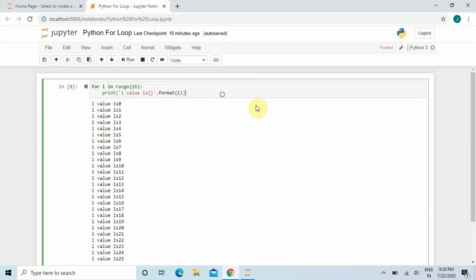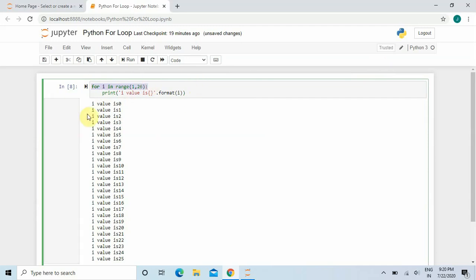Now suppose you want to print the numbers starting from 1, then what will you do? Suppose you want to start from the portion where i value is 1. For that, you will just write 1 comma 26. Now what will this 1 comma 26 do?